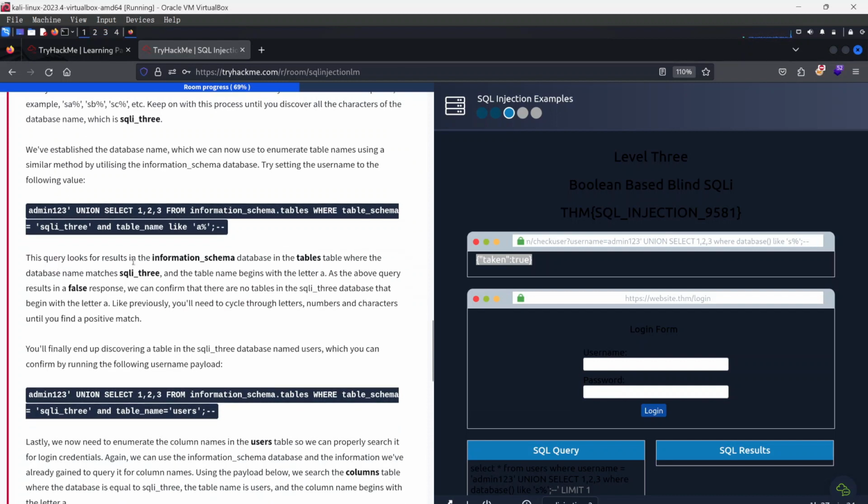All right, now the query looks for the result in the information schema database in the tables table, where the database name matches SQL3 and the table name begins with the letter A. As the above query results in a false response, we can confirm that there are no tables in the SQLi 3 database that begin with the letter A. Like previously, you will need to cycle through letters, numbers, and characters until you find a positive match. It's tedious. Now you finally end up discovering a table in the SQLi 3 database named users,